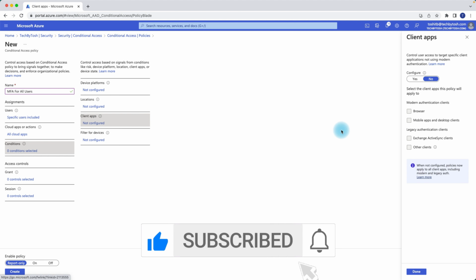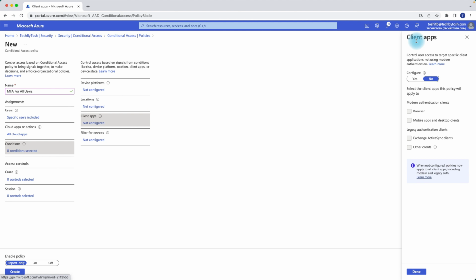This section talks about whether you want to prompt your users for MFA if they are trying to access it from a browser or from mobile apps. There's legacy authentication clients as well. So you probably want to configure that as well and say, yep, modern authentication clients. You don't want to check these boxes because the legacy authentication clients don't basically honor MFA. We say, yep, configure it for this, and select. After that,